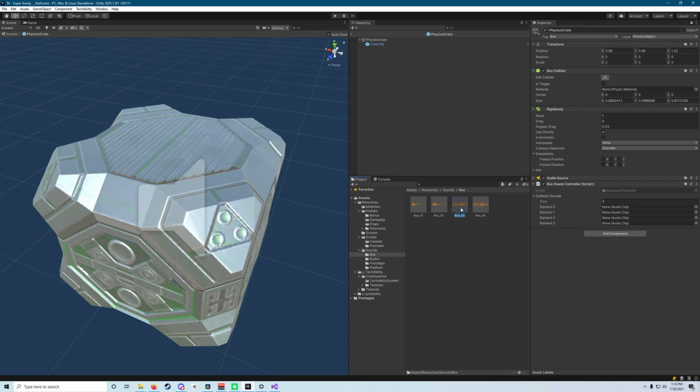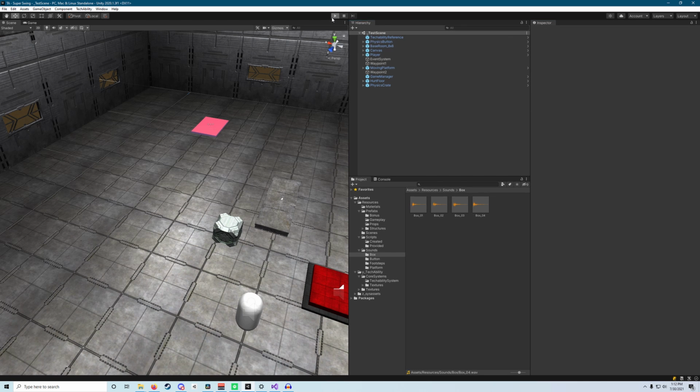And it actually looks like these were exported incorrectly. So give me 1 second, I'm going to fix those. There we go. Now we've got our sounds looking the way we want them to. So let's go ahead and drag all 4 of these in here, just like that. There we go. And now we can go back to our scene, and if we hit play,